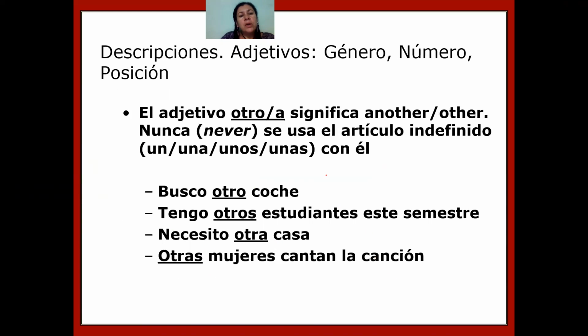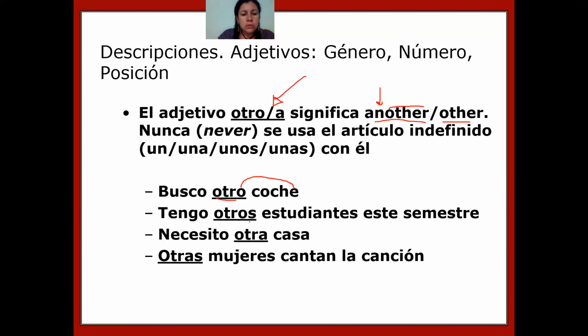Muy bien. There is a specific adjective that I want to describe to you, which is another or other, which in Spanish is otro and otra. See? What happens is that English filters your production of Spanish and pushes you to say un otro because you have an right here and then otro. But do not do that. Never do that. See? So busco otro coche. Notice that we don't have un otro coche. Don't do that. So only otro, and coche is masculine, then we have agreement here.